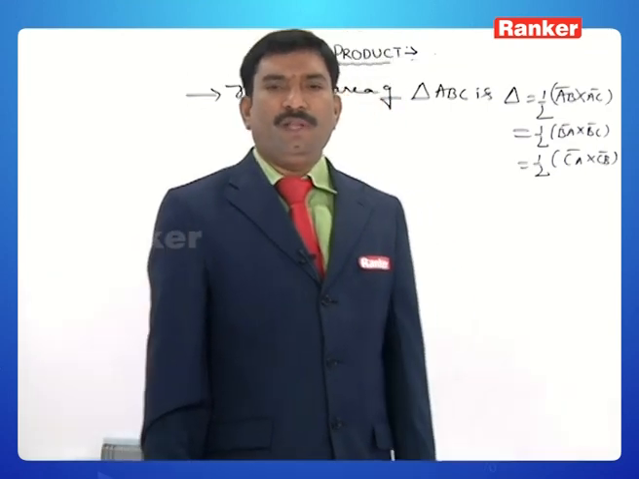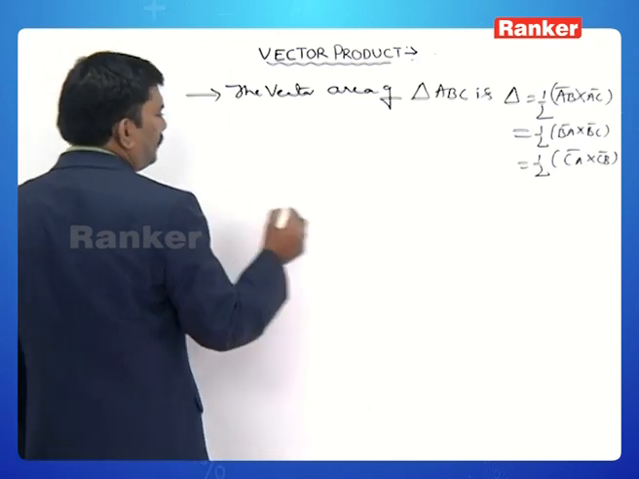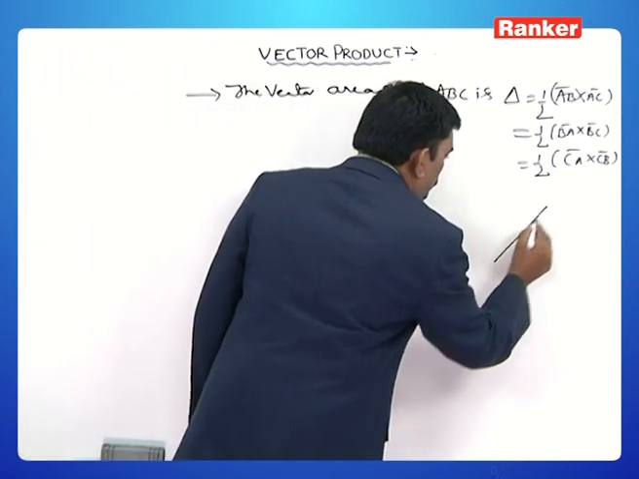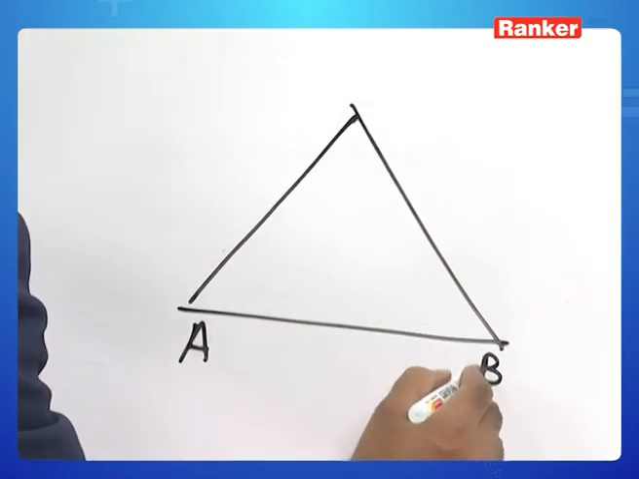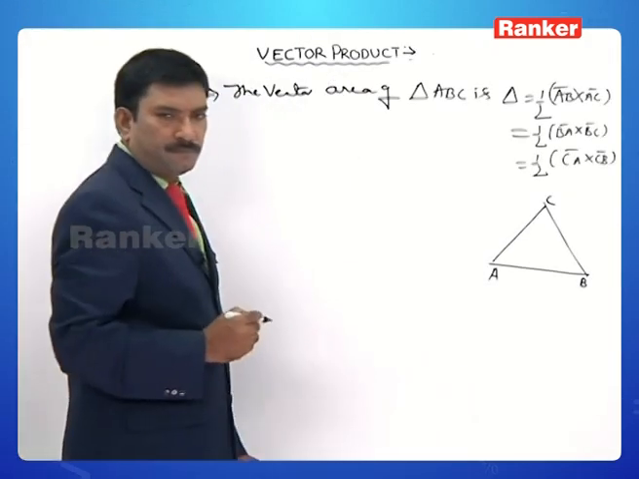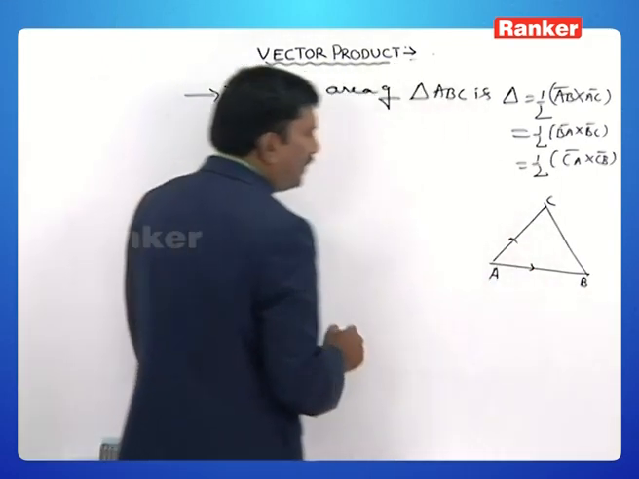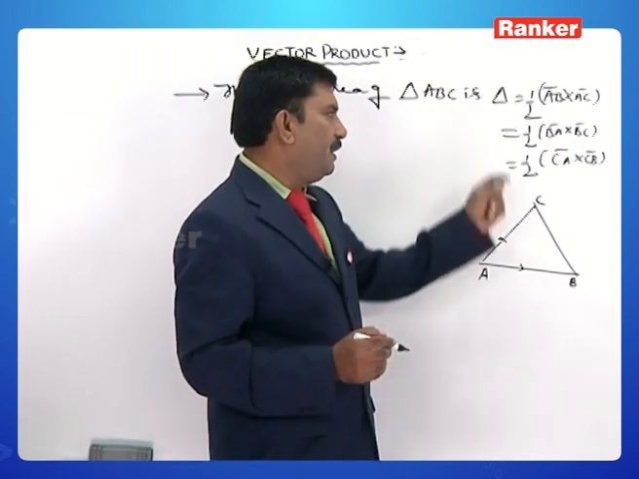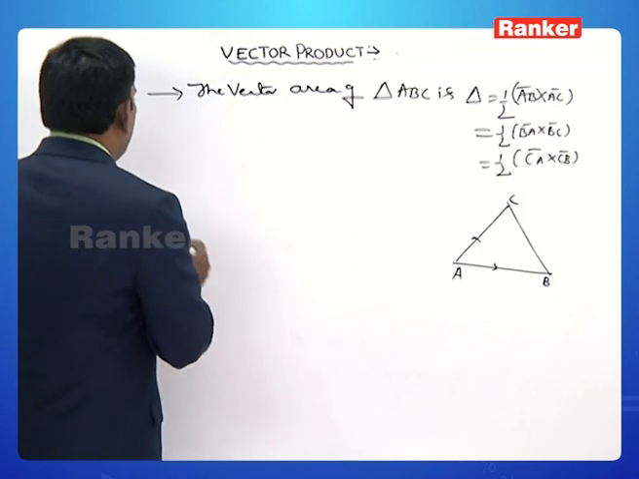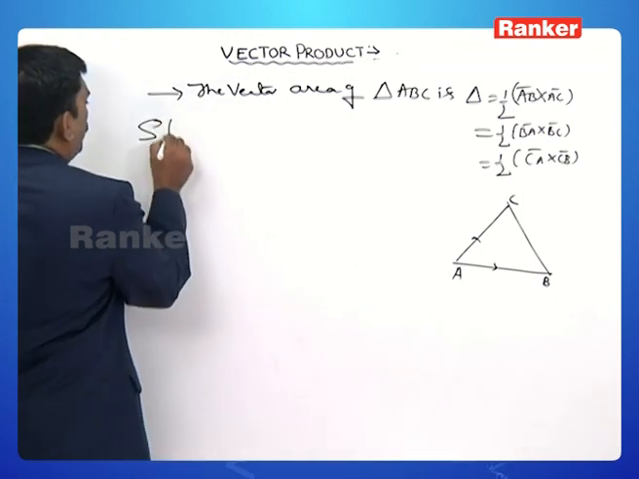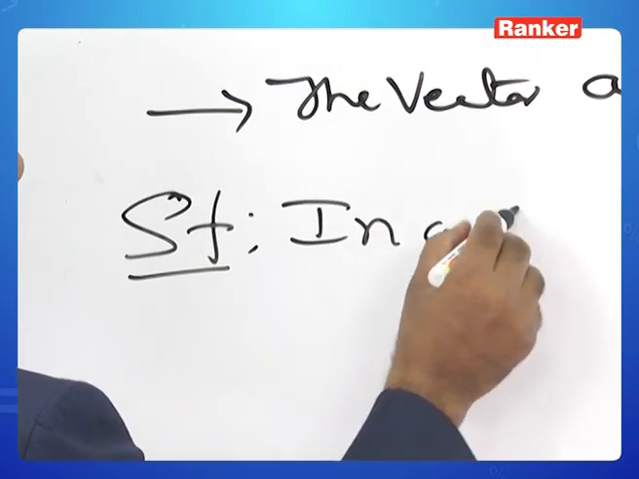Let us see how it is. Now, for this one, you take a triangle: this is A, this is B, this is C. Now if I take AB bar and AC bar, first let us focus my attention on this, then you can generalize. Now, the proof of this one is, in a triangle ABC,